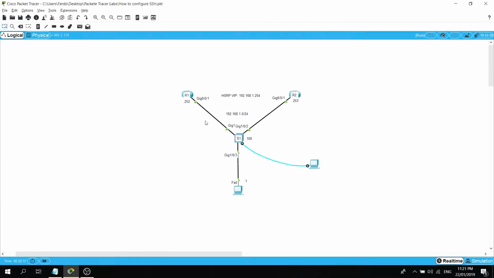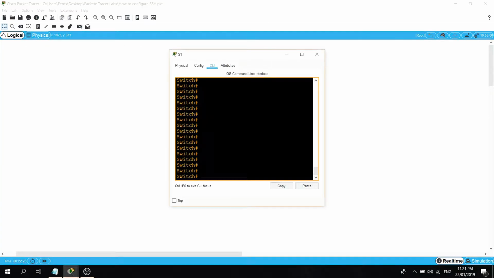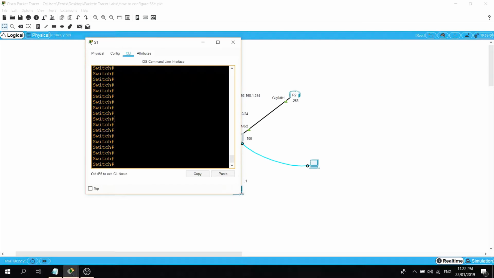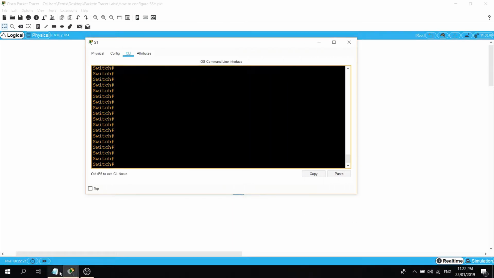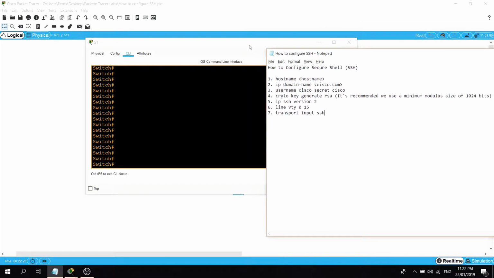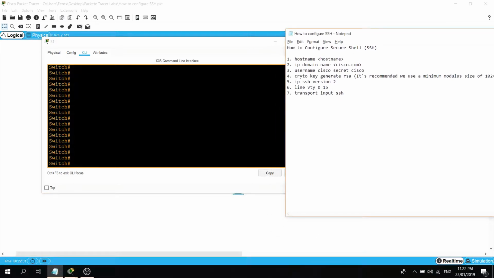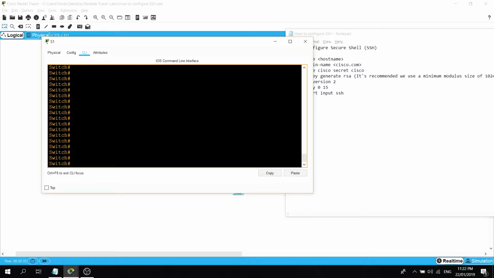So I'm gonna go ahead and go to S1 and configure SSH here. I have some notes here that we can follow. So first step is configure hostname. So hostname,